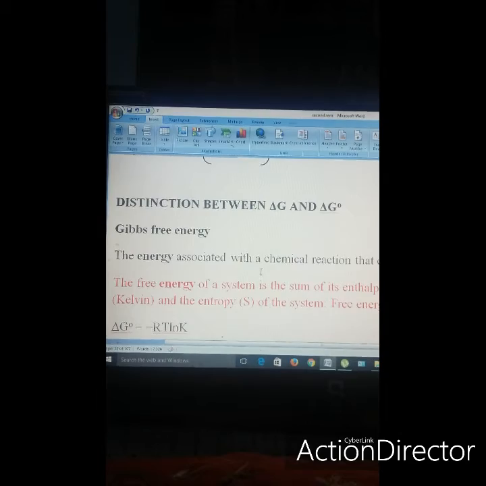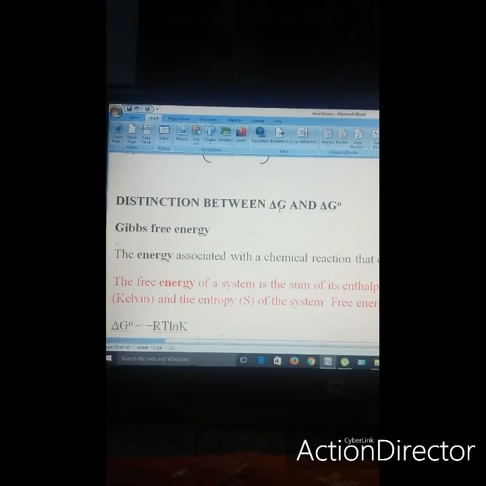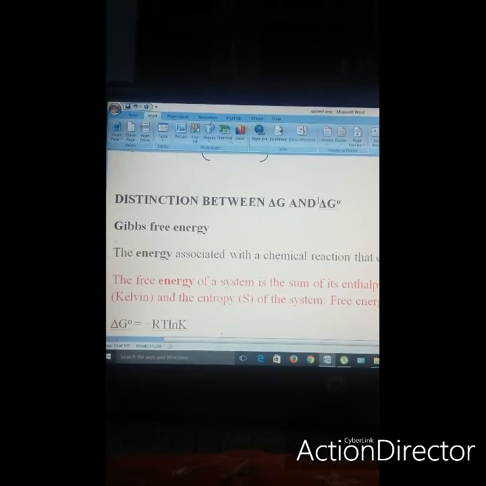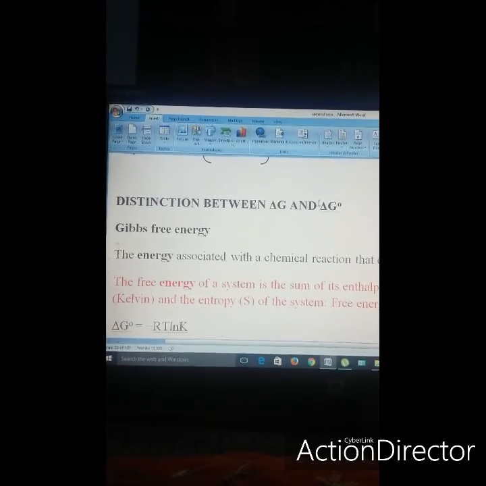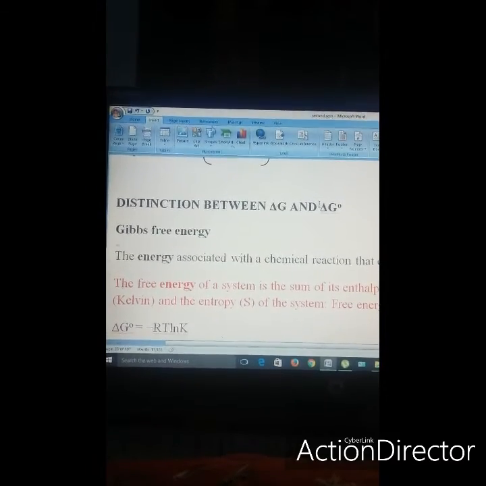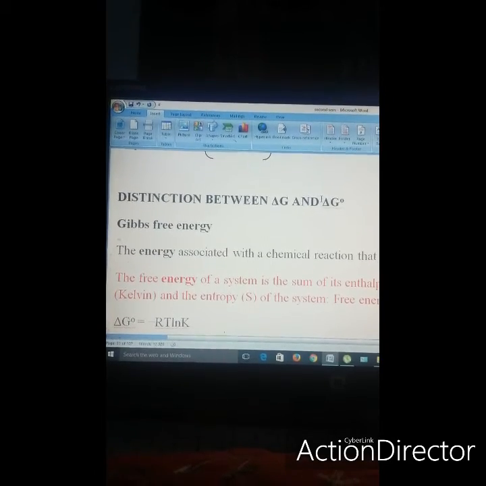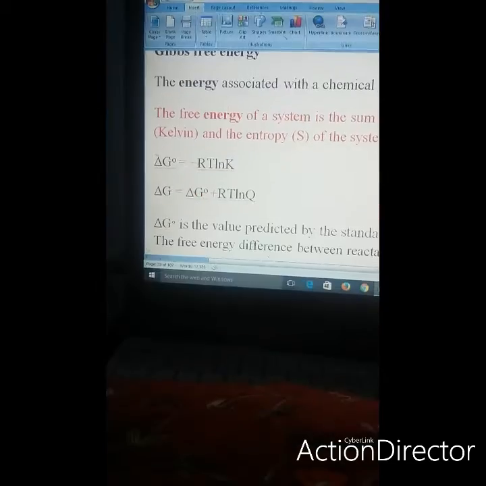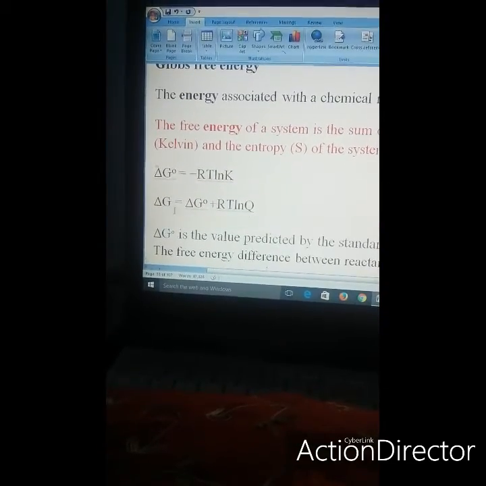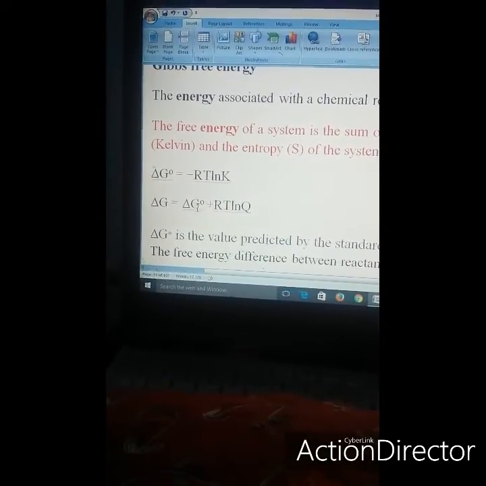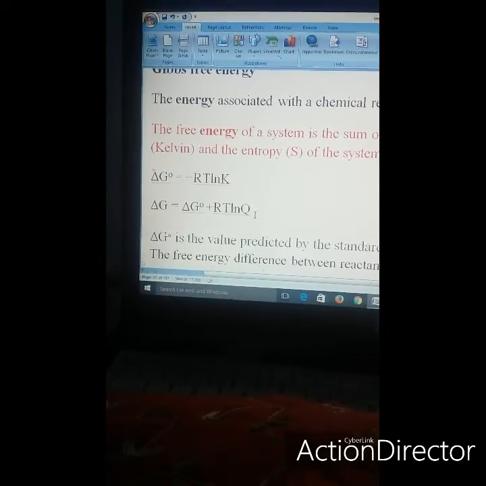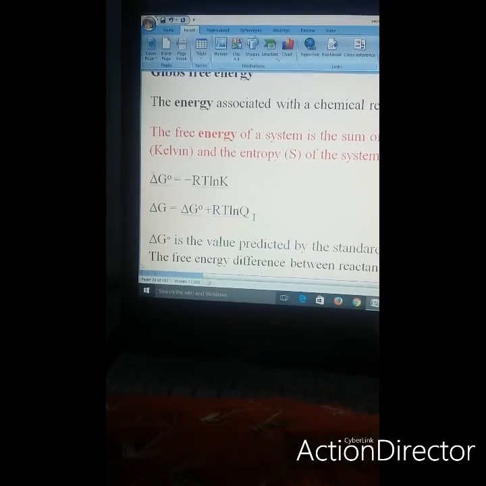Now let us distinguish between delta G and delta G naught. Delta G is the Gibbs free energy which is associated with the chemical reaction that can be used to do work, the free energy. Now this is a well-known equation, that is delta G is equal to delta G naught plus RT natural log Q, where delta G naught is the value of the standard free energy,